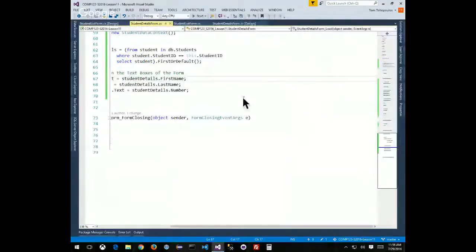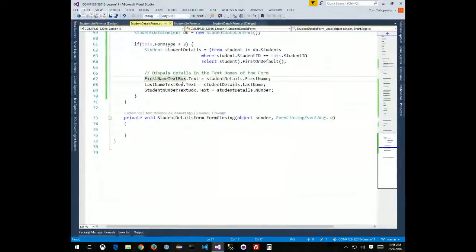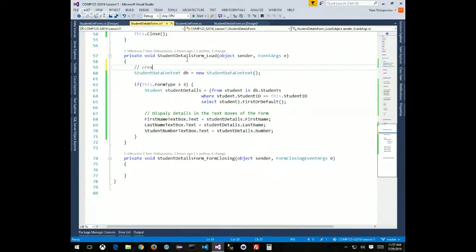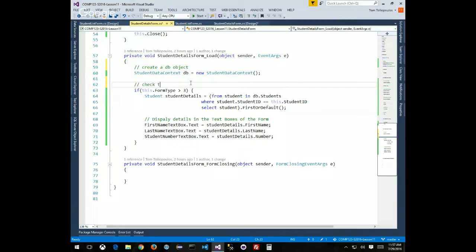So that piece works. The piece that reads from the database, which is this piece right here, it's functional now. This reads from the database, this piece. So this, and again, I'll kind of annotate this so you can see it on the video. Create database object. Right, that's what it is. The next one is over here, check to ensure